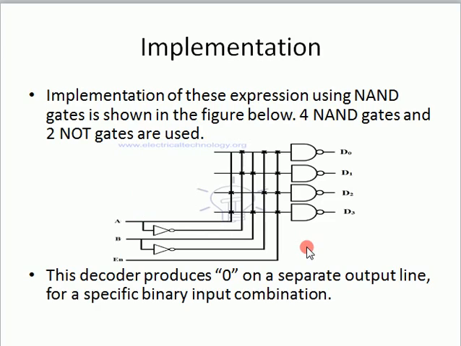When we implement it using NAND gates, the implementation will be like this, and at the output side you see that every output has a bubble, or you may say a NAND gate is here, so we get the output here. In this case we are also using 2 NOT gates and 4 NAND gates. This decoder produces 0 on a separate output line for a specific binary input combination.